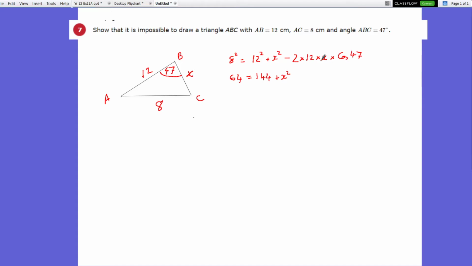Let me put this in our calculator. It's going to be 2 times 12 multiplied by cos 47. That's going to give me, to three significant figures, minus 16.4